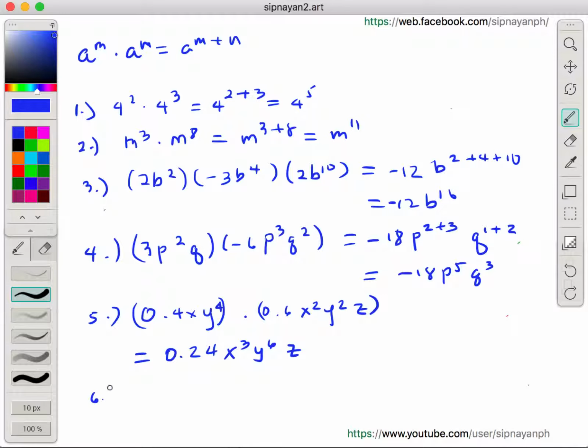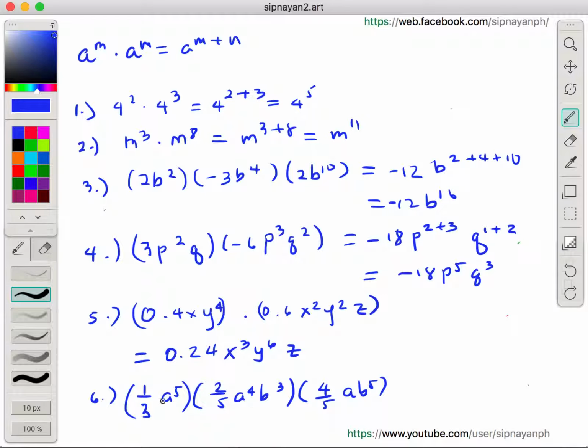Number 6, we have 1/3. I think this is the last example. 1/3 a to the 5th times 2/5 a to the 4th b cubed times 4/5 a b to the 5th. So, siyempre, multiply muna natin yung mga numerical coefficients,